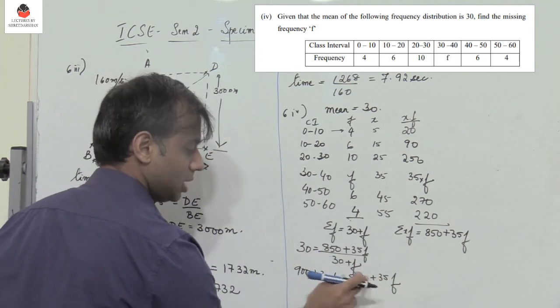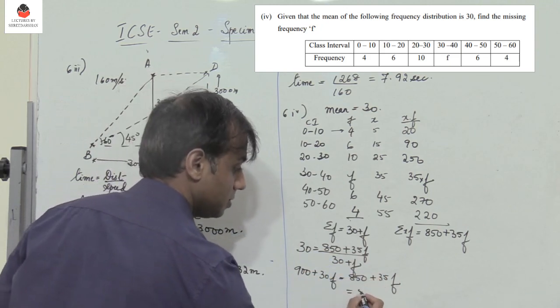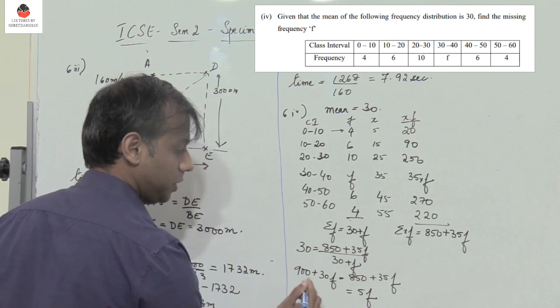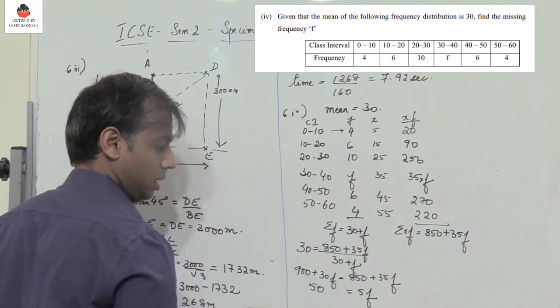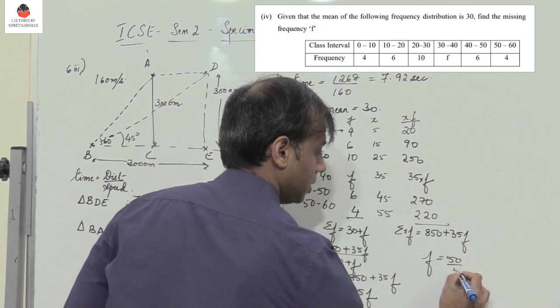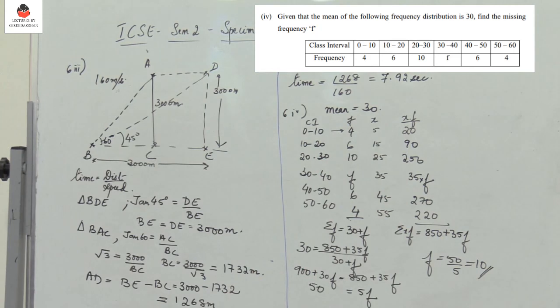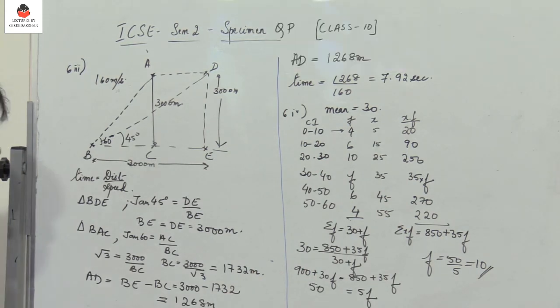Bring 30f to this side, it becomes minus 30f. So 35f minus 30f gives me 5f. Take 850 to the other side, you get 50. So 50 by 5 equals 10. So f equals 10. So the value of f equals 10, and we come to the end of the question